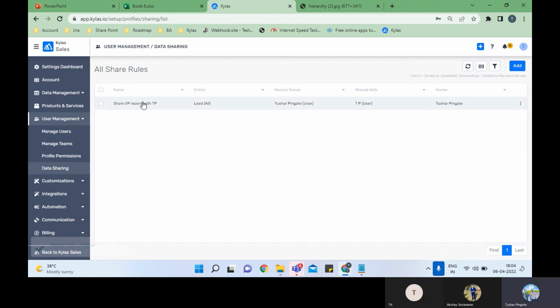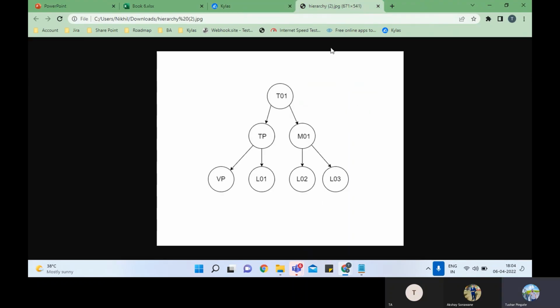So as an admin, I have created a share rule for two of my users who have restricted profile permissions, right? So now with this share rule, the TP will have all the access of the VP's records. And the same goes if I create a share rule for M01, the M01 will be